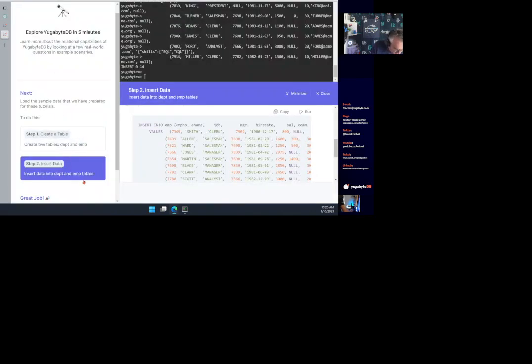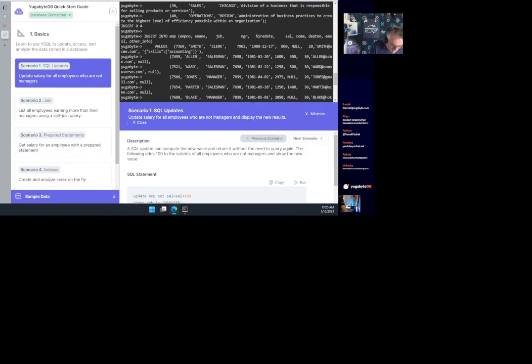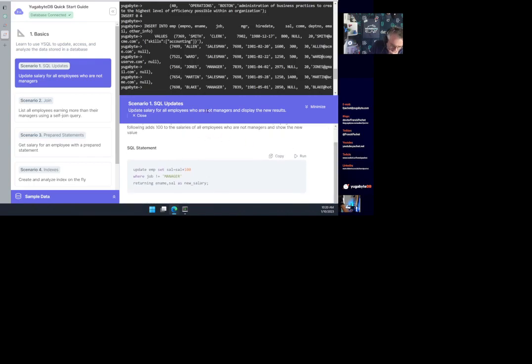So that's the basic data, and then the next step is the tutorial. We have multiple scenarios there to show the power of SQL, and we'll take the first one. Of course, I know this tutorial because I contributed to build it when we had the cloud GA. So the first query is update salary for all employees who are not managers and display the new result. That's just the title. There is not enough information. For example, it doesn't say how much we want to increase the salary, but let's put that